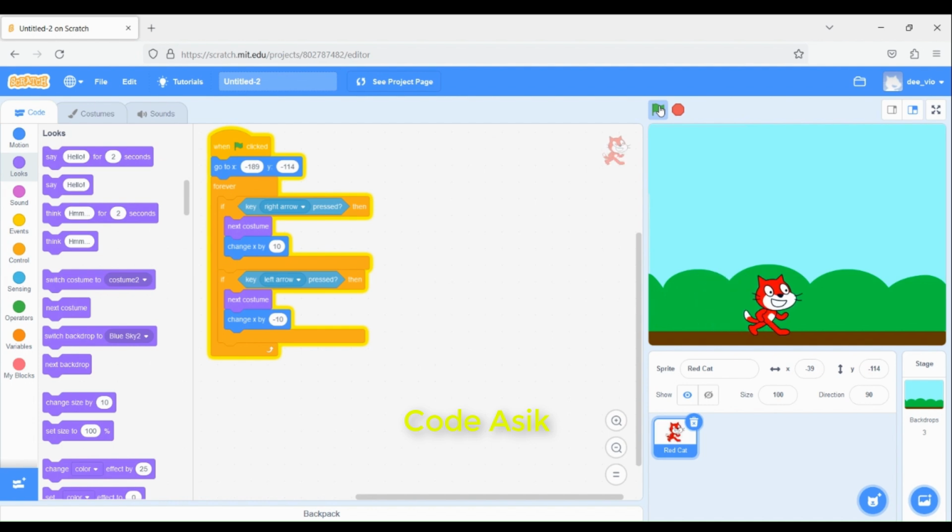See? That's better, right? But the cat at the edge seems to disappear, thus I need to make it turn back when the cat touches the edge. So we need to add more commands here.